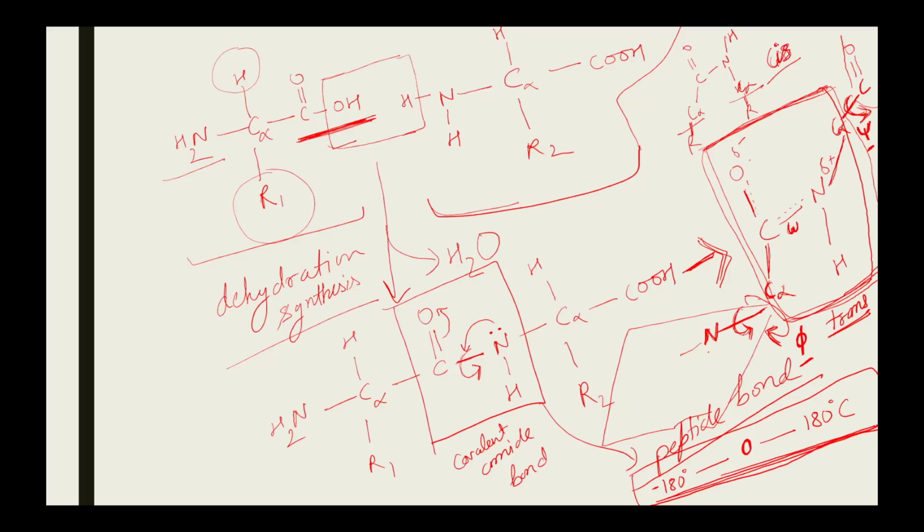Just imagine these two C alpha or the R groups in the same position. If they both possess a very heavy bulky R group, then there will be steric hindrance and there won't be structural stability in the amino acid or the polypeptide structure, because of lots of steric hindrance. So to avoid steric hindrance, generally in nature the trans forms of the amino acids are favored, except in case of